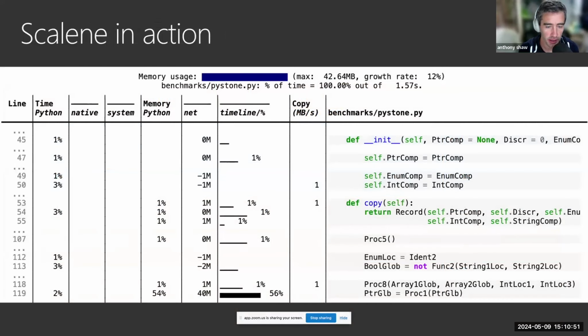This is an example of a micro profiler, which uses sampling. The library is called Scalene, and the output of Scalene would be this kind of output. And you can see line by line how much time was spent by the CPU, how much memory was spent, and where the majority of the time is spent on each function. This is a really detailed view. If you have a particular function or an algorithm that is very hot, that is, it runs lots and lots of times, and you want to optimize it, then this can be a really good view to look at the specific detail. And I'll give one example after we go through this.